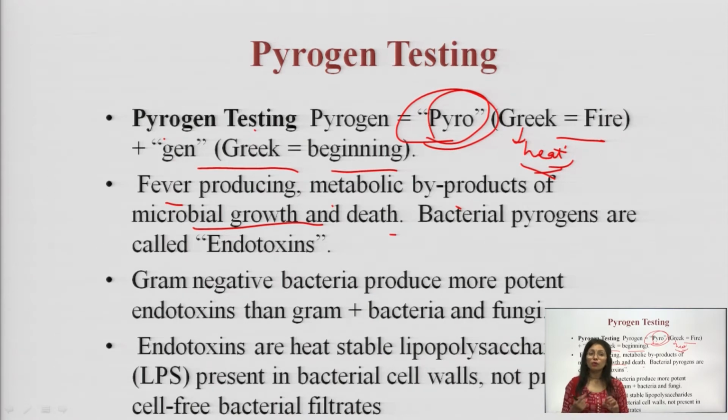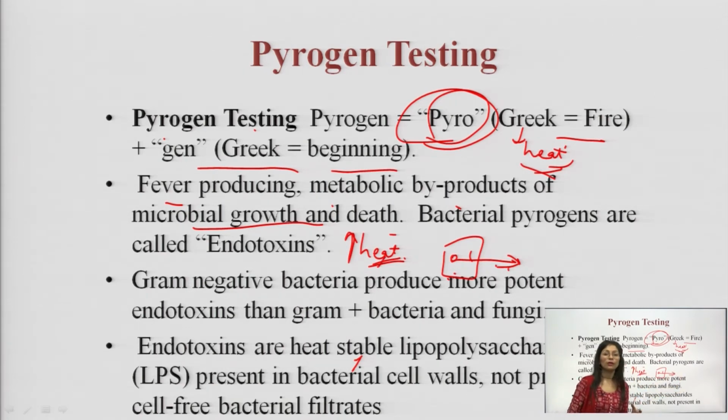So we have to go for pyrogen testing. What is the use of doing pyrogen testing? Because if there is a pyrogen inside a marketed formulation, and that formulation is given to a patient, that patient can obviously have fever, or high temperature can be induced in the patient. For example, if that formulation is injected into the patient's body through a needle, by the IV route or subcutaneous route, and there is a pyrogen inside it, it can lead to fever and microbial infection in that patient.